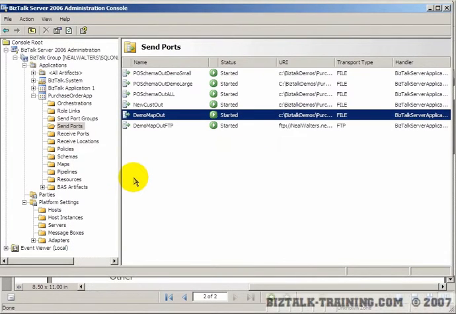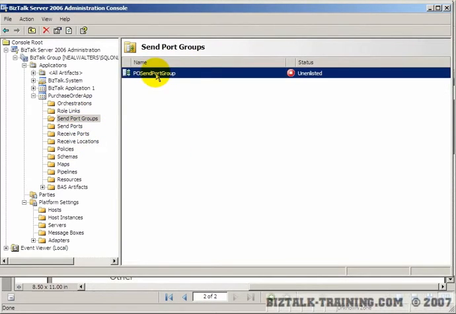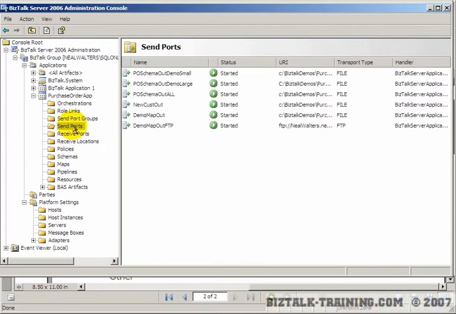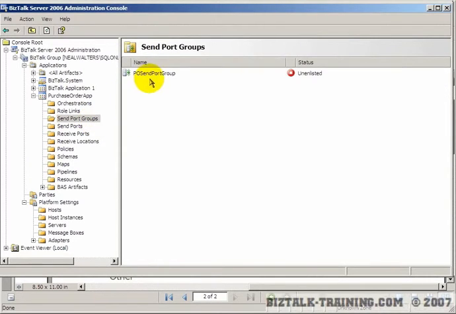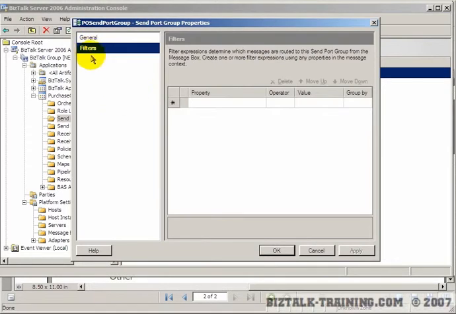So if we were to drop a file right now, I guess it would probably say it would be suspended because this guy is disabled. And so it wouldn't go there, and it wouldn't go to these send ports anymore because we just changed their filters so that they have no subscription. So now what we do is we go to the group, go to its filter,